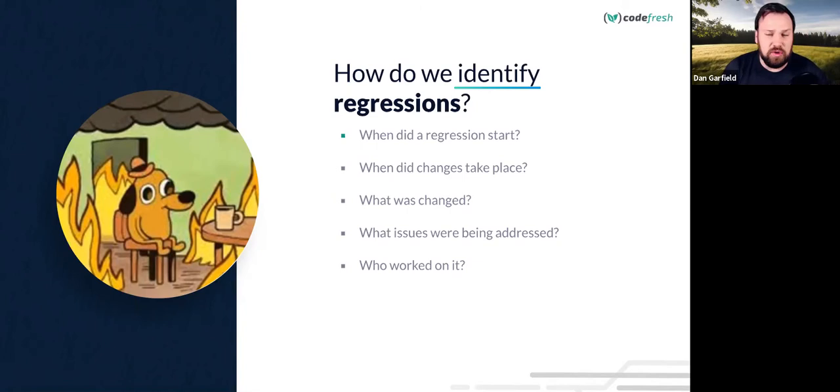And if you do a rollback, what will happen if someone pushes additional changes? Will those have the problems that cause the regression again? So you can see how, as you scale this thing up, I can understand why some people might not want to deploy on a Friday afternoon, because answering those questions feels difficult.